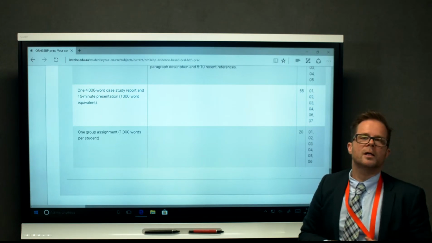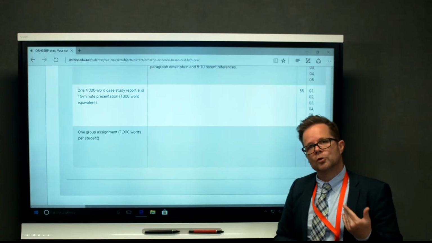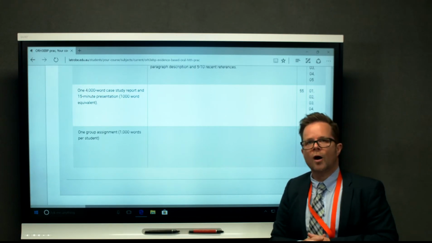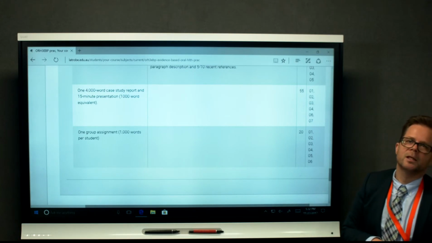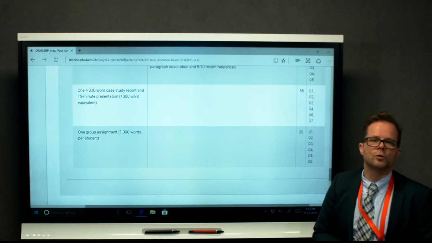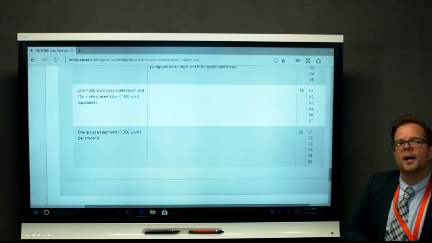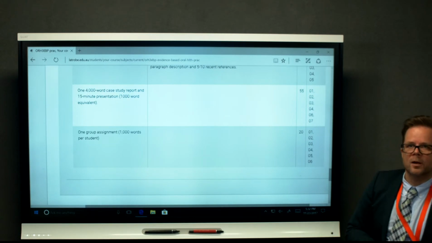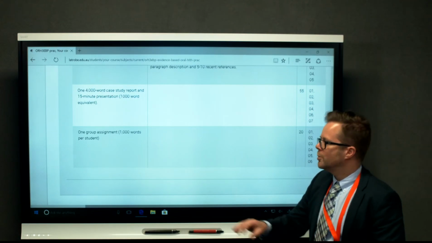So you will be assigned a Wikipedia site that already exists, that's pretty rubbish, and your job will be to turn it into a high quality Wikipedia site with good evidence-based information on it that will be useful to people who access that site. I'll talk more about the Wikipedia assignment on another short video. But this will be a group